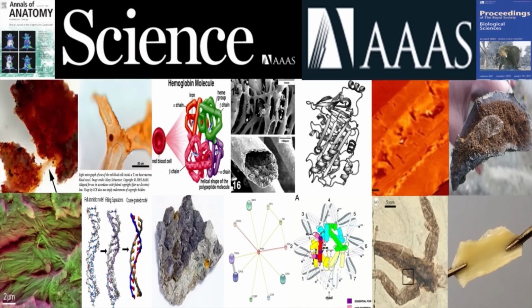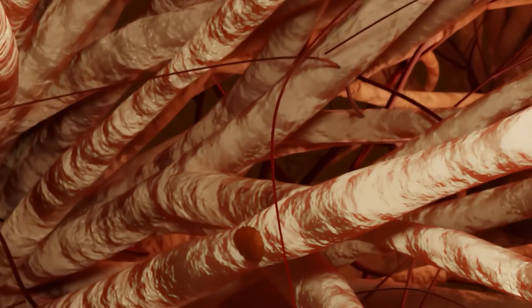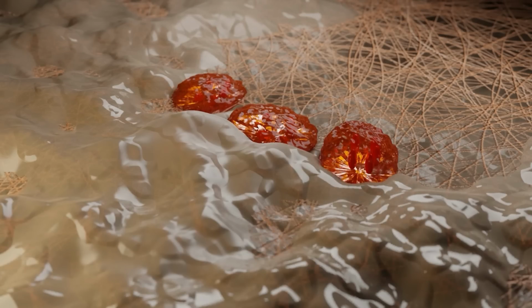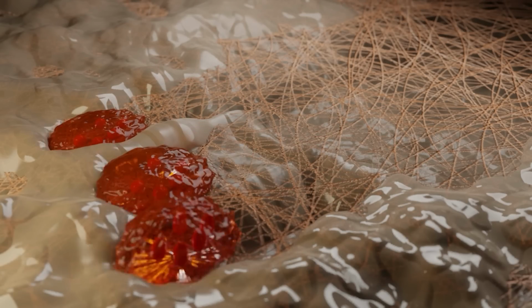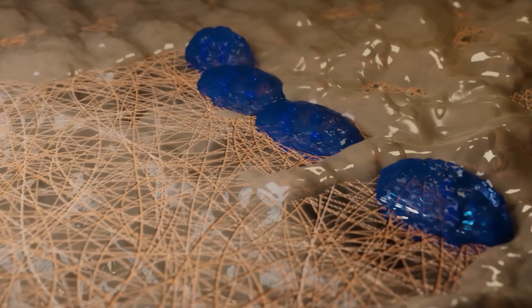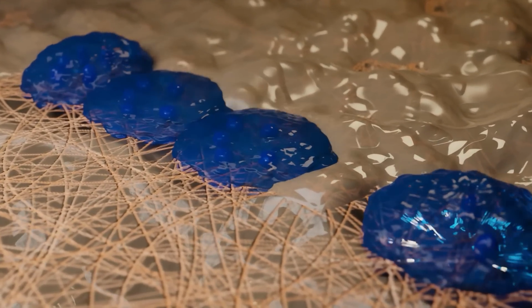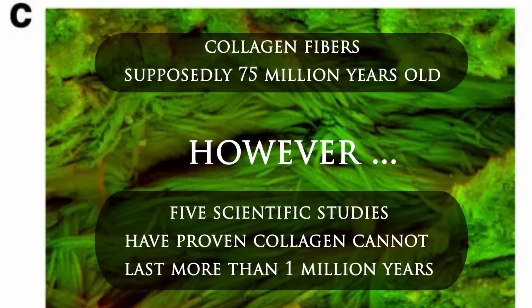Let's take a closer look at just one of these soft biomaterials, collagen, which is the main structural protein found in animal connective tissue. It also makes up about 35% of bones. Numerous studies have investigated how long collagen can last before it breaks down. While most estimates are just thousands of years, some have placed the absolute theoretical maximum life of collagen between 300,000 and 900,000 years under the best possible conditions.